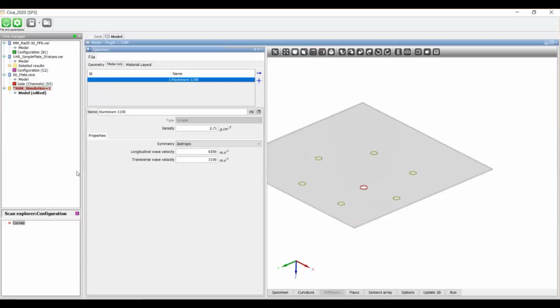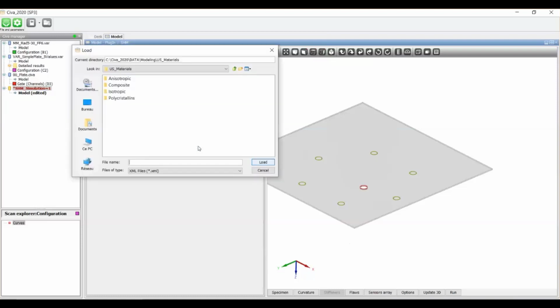Second tab, the materials. Here you have a list of available materials for your configurations. For the moment, aluminum is selected, with acoustic properties. Anisotropic materials can be defined. You can see here that it can be anisotropic. You can rely on the database, as you may already know from CEVA.